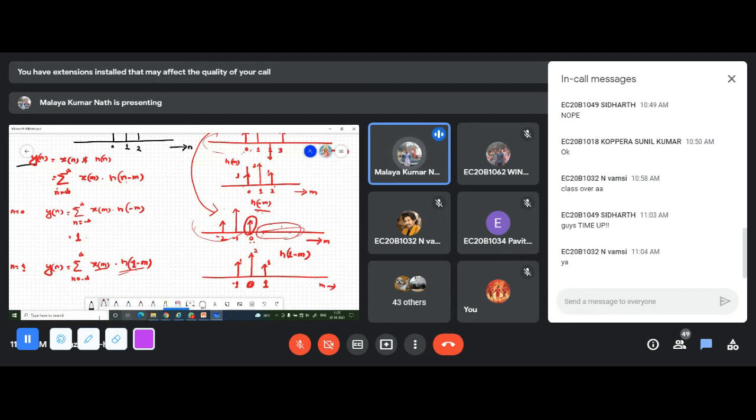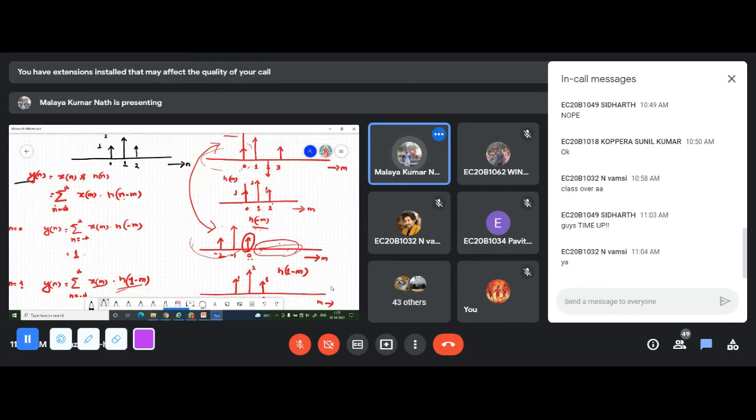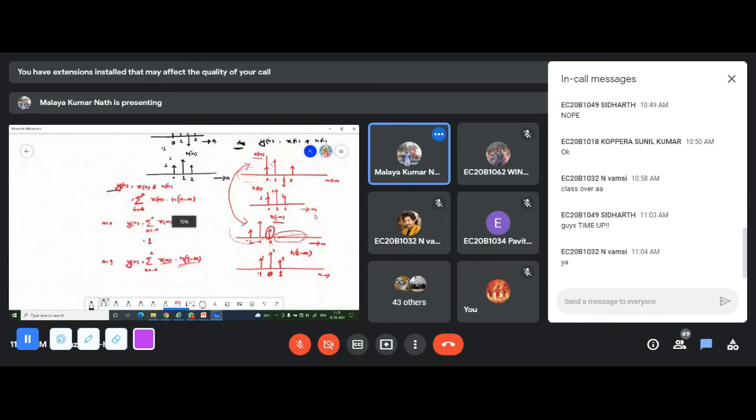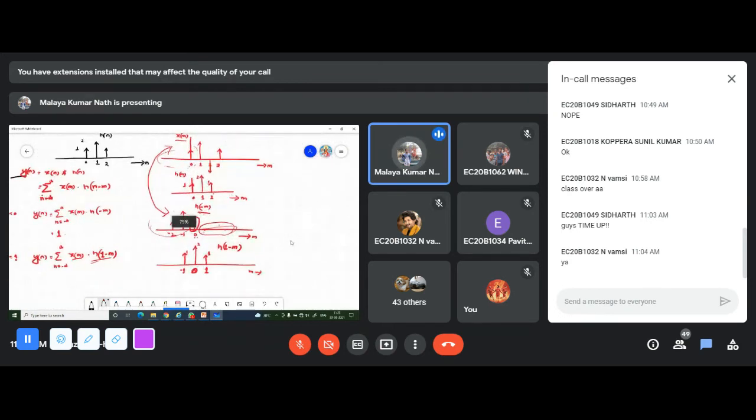If we multiply this, now look at here. There is one signal. I'll just make it a little bit smaller in size so you can see. Now see, at m equal to 1, it has a magnitude 1 in one signal and a magnitude 2 in the other. So 1 gets multiplied with 2, plus at 0 it has a magnitude 2 and at 0 it has a magnitude 1, so 2 into 1, plus at minus 1 it has a magnitude 1.